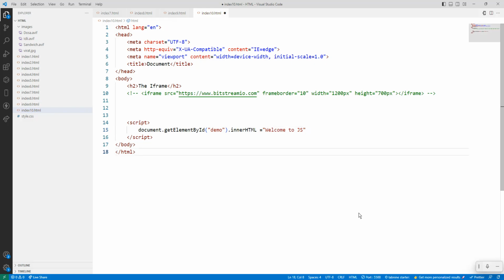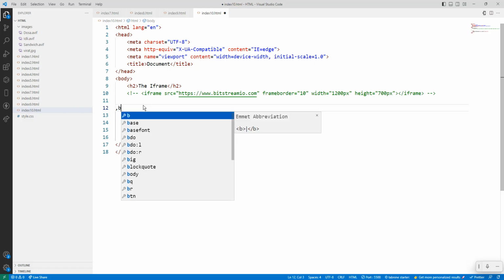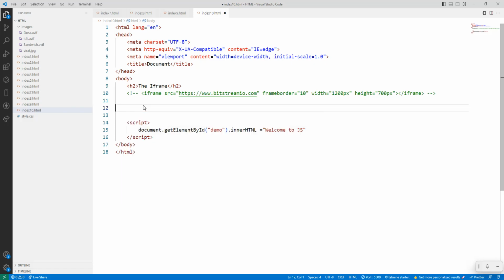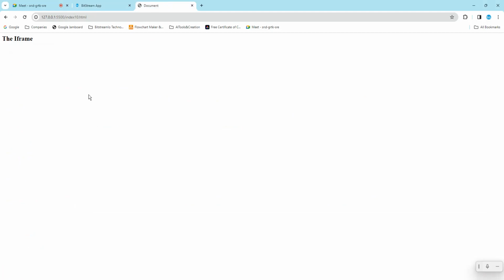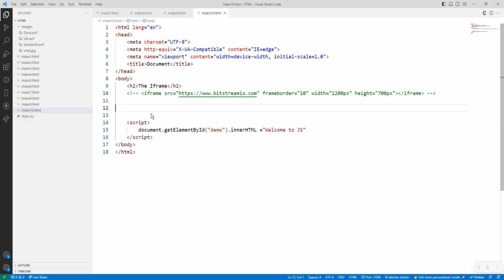What I will do, I will take a button here, or else no need for a button. I just want to display welcome to JS in my browser. If I run it, what will it show? It is not showing anything, because the script will not display. Only things inside the body written with HTML tags will display, but the script will be hidden. So I want to display this welcome to JS, which is inside the script tag. For that,